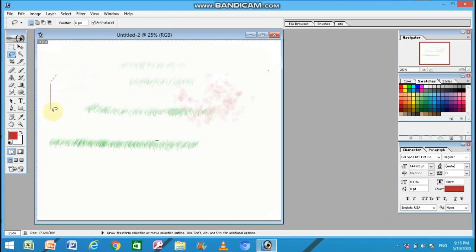freehand. Make a selection, and for completing the selection you have to reach the starting point and then join the selection over there. The starting point and ending point should meet each other, then leave the mouse. You can find that particular area is now selected. So let us fill some brush effects in this selected area.